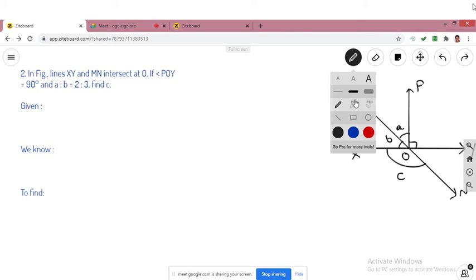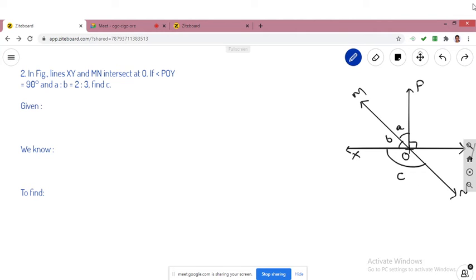Now, can you read the question? Yes, ma'am. In the figure, lines XY and MN intersect at O. If angle POY is equal to 90 degrees and A is to B is equal to 2 is to 3, find C. So we are given that two lines, line XY and line MN,